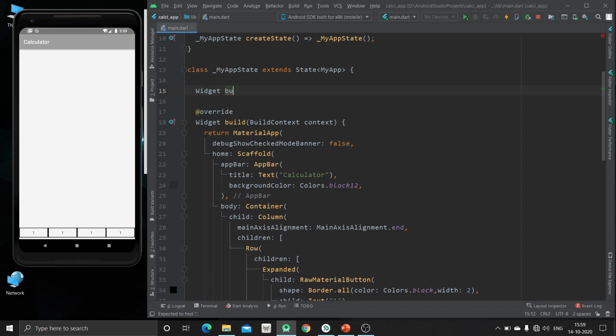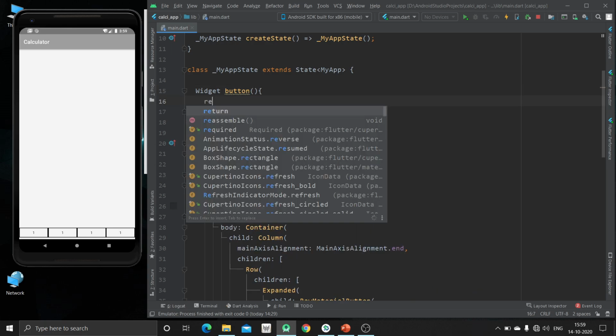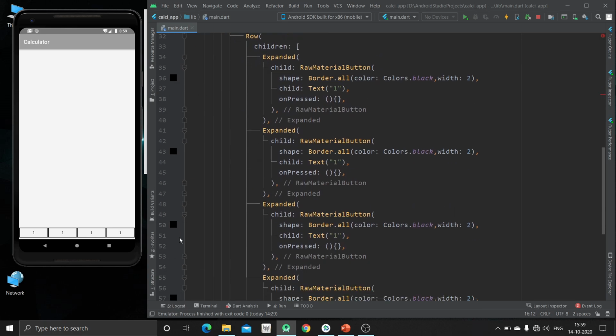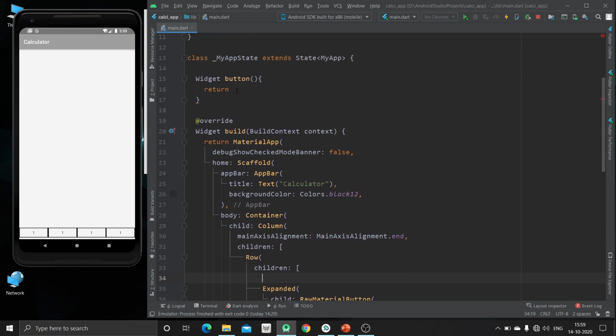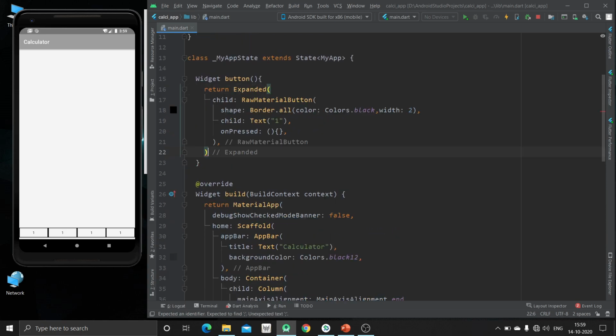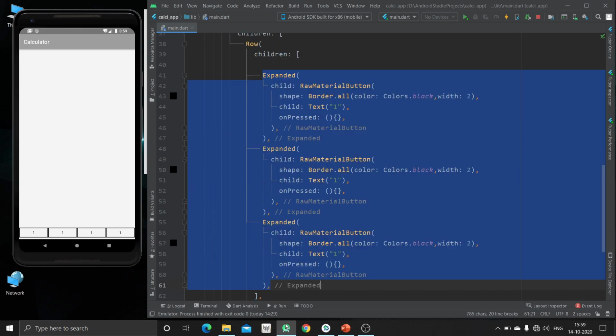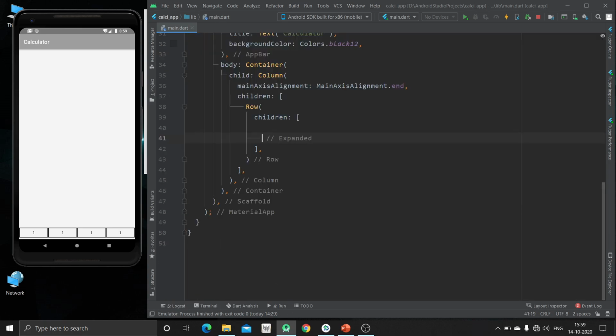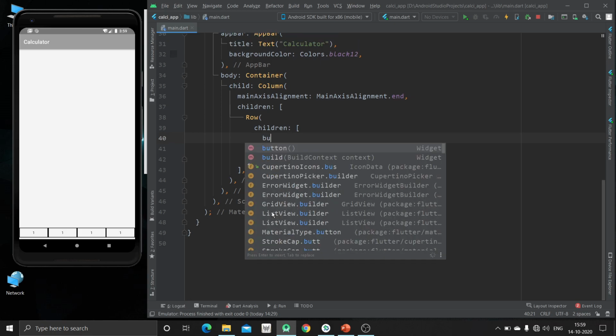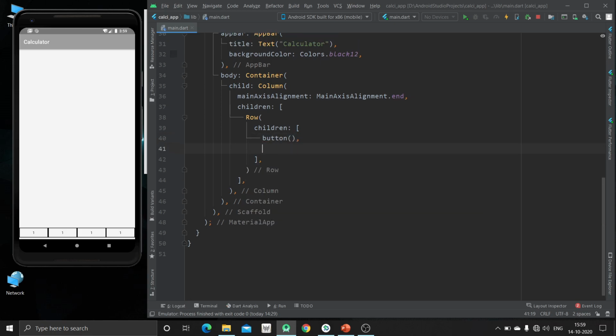So we will create one button widget. Inside this we will specify the expanded button, and we will call that repeatedly instead of writing the whole code again and again. Now just remove this, and we are just going to call our button widget repeatedly.